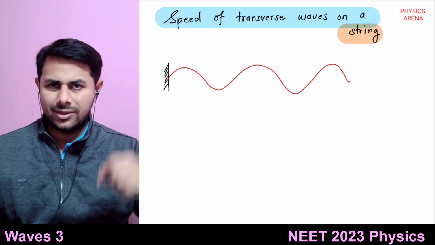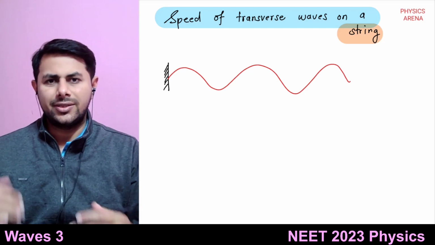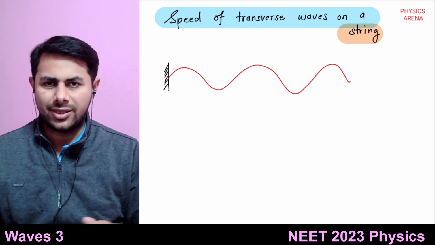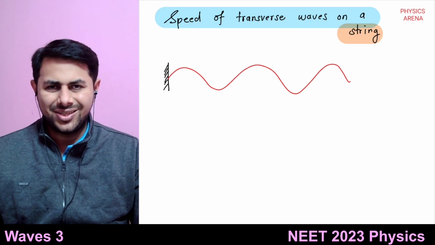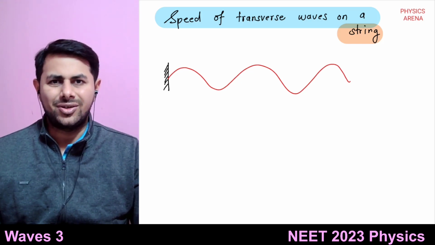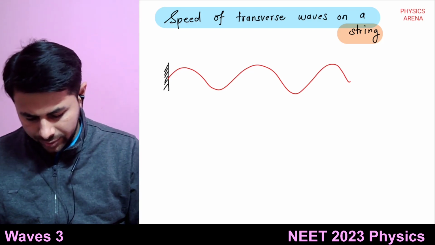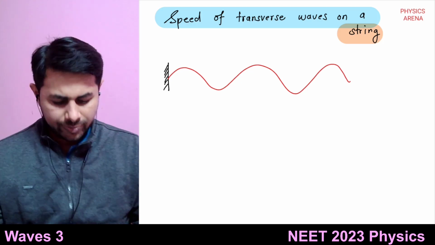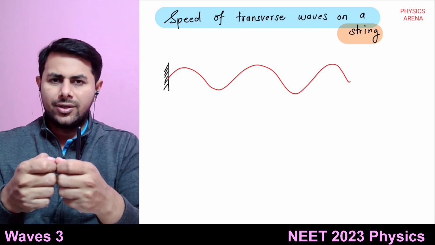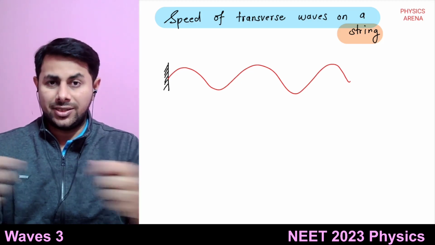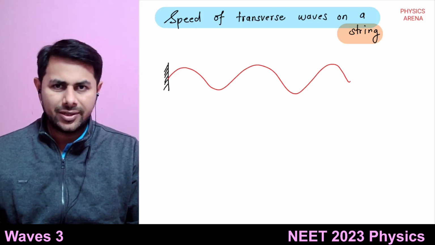The string is vibrating because of the force that you are applying. That will be equal to the tension in the string. But there is something which opposes the vibration of the string. Which is that thing? It is the inertia of the medium. Now, inertia of the medium is defined by mass. But you can have strings of various lengths, so the inertias of all those strings would be different.